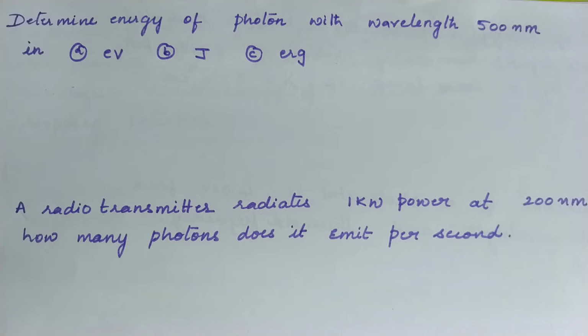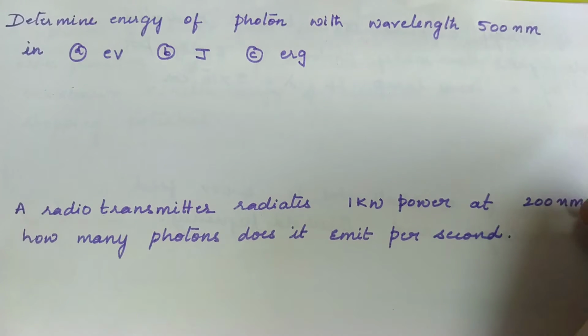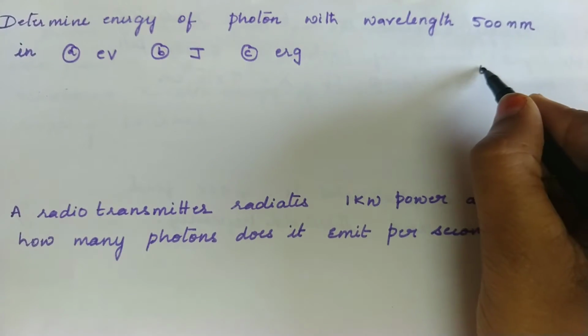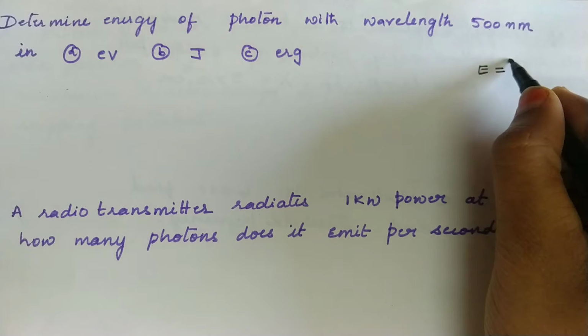Welcome back, children. Today we'll be discussing basic level numericals related to photoelectric emission as well as de Broglie's wavelength. To begin with, the first question: determine the energy of a photon with wavelength equal to 500 nanometer. Before solving this, we know from Planck's quantum theory that E is equal to